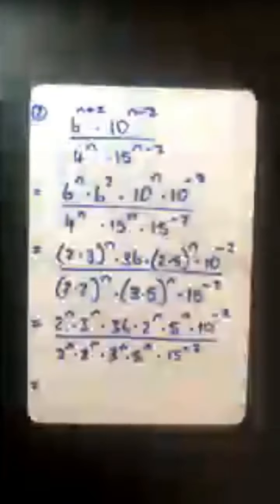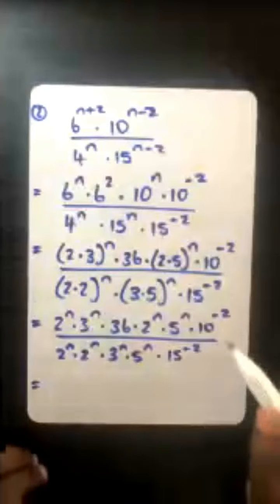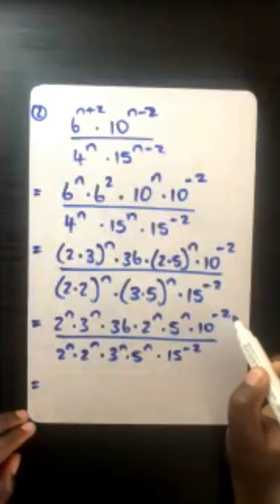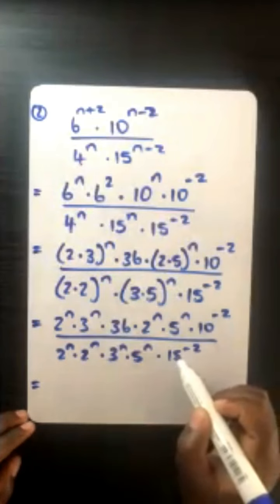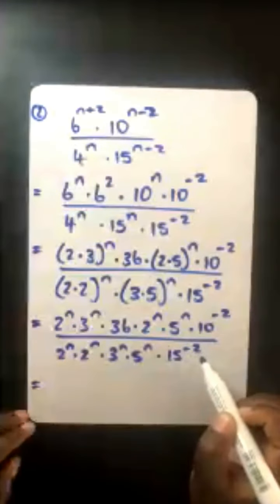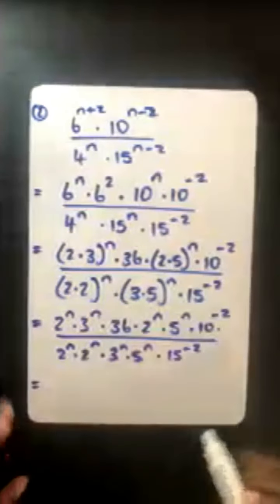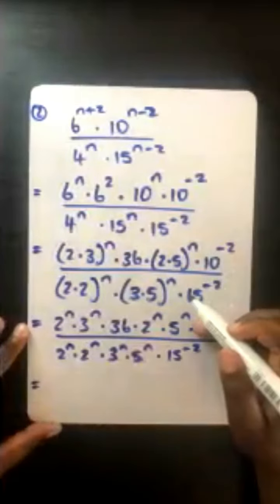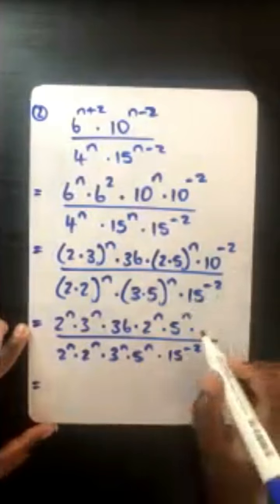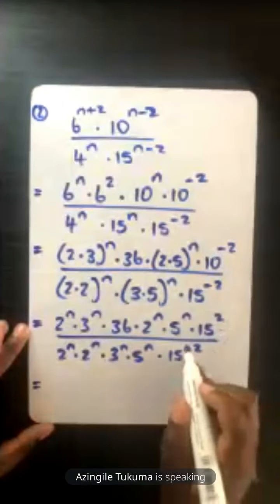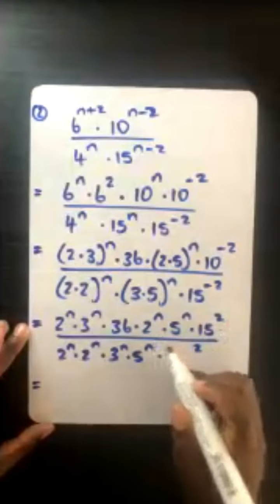If you remember the rule, let's apply it, which means this 10 to the exponent negative 2 and that 15 to the exponent negative 2. We can then write this one at the bottom with a positive, that one at the top with a positive. So I'm simply trying to say, guys, we simply have 15 to the exponent positive 2, and at the bottom